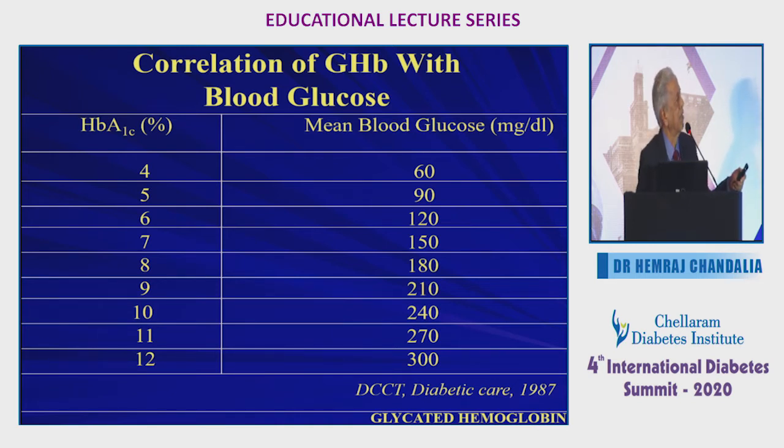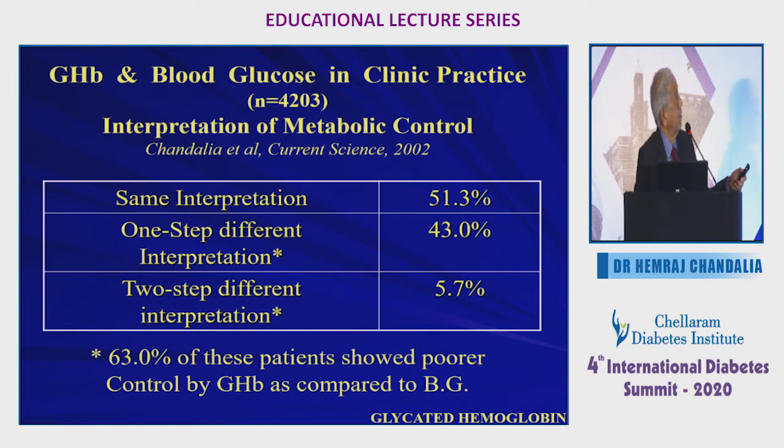You see 30 milligrams up and down, and this is the average blood glucose of the whole 24 hours, continuing for 2 to 3 months. When you use this test clinically, early on, clinicians were worried because the blood glucose will give you different information in a given patient, and A1C or glycosylated hemoglobin will give you different information. So for the first about 4,000 estimations we had done, we tried to correlate with whatever blood glucose readings we got in the clinic, quite often in the postprandial period. And remember that in half of the patients, the interpretation was close to the same.